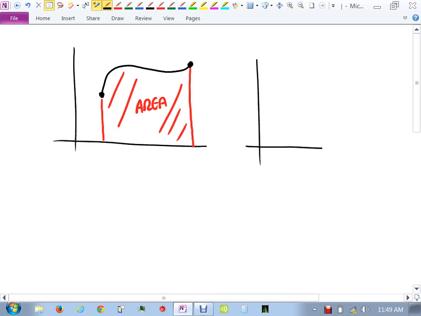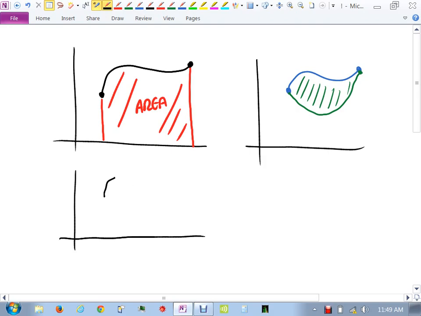Then we'll do something like taking that, and instead of having a function and finding the area underneath it, we'll have two functions, and we'll find, let's say, where they intersect like this, and we'll just try and find the area in between them, which is pretty much the same as the first problem, just a little bit of work we have to do to get to that. And then we'll go even further. We'll say, how about if you have a function and you have another function like this,